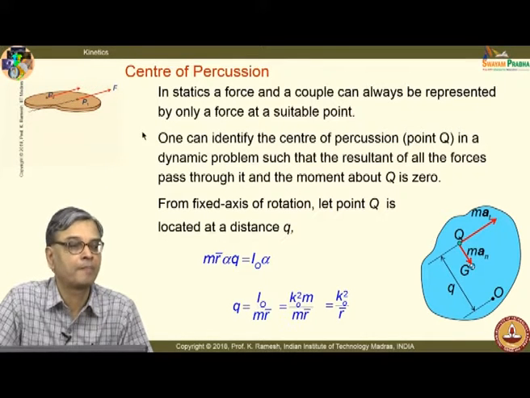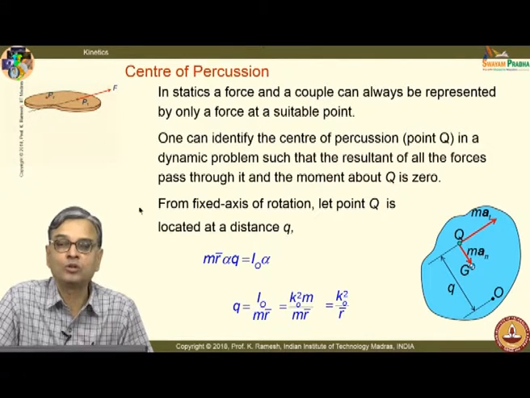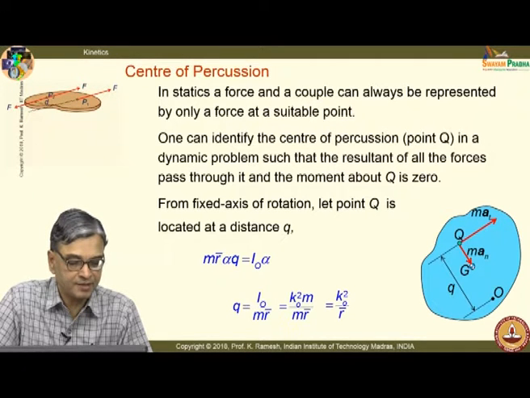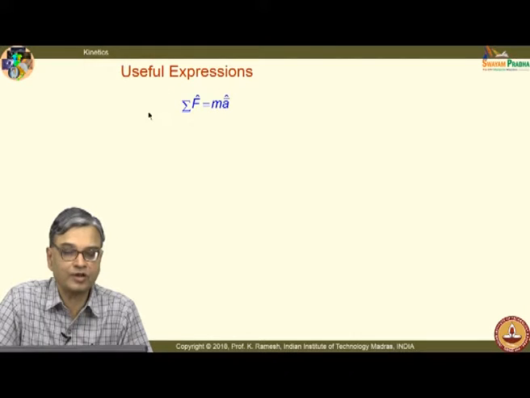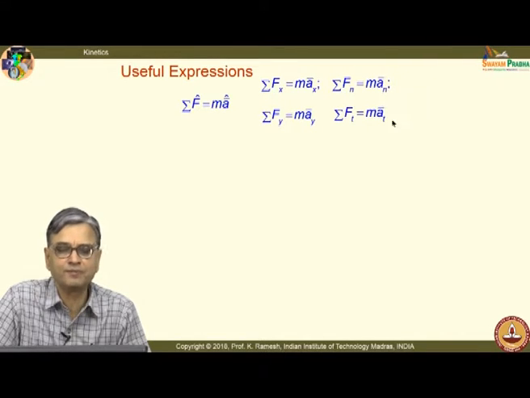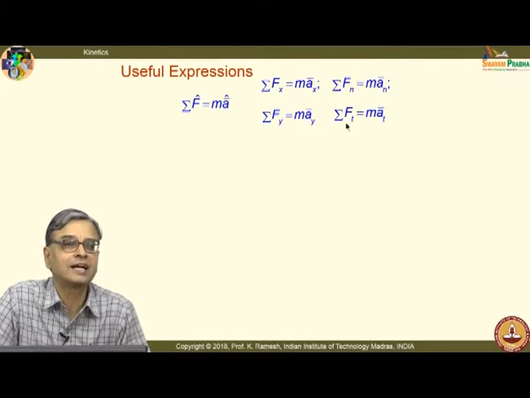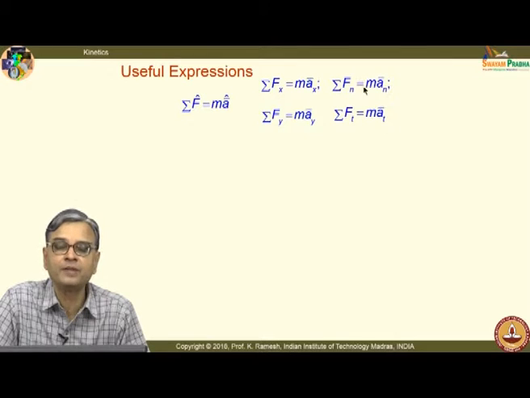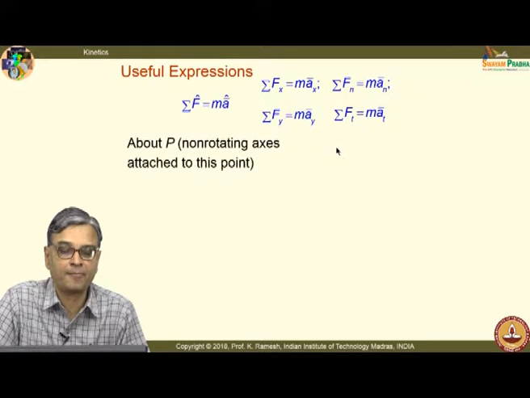Okay. Then we move on to solving problems. We also have a summary of useful expressions. I have F equal to m a bar, which could be expressed in terms of Cartesian coordinates, or in terms of n and t coordinates. Also, it could be expressed in terms of r theta coordinates, but most of the problems we will confine to Cartesian and n and t. So, when I have this as a vectorial expression in component form, it could be written in a convenient fashion to solve your problem at hand.